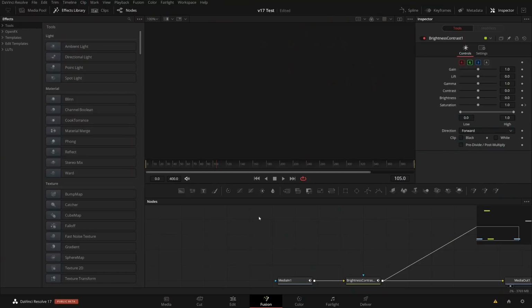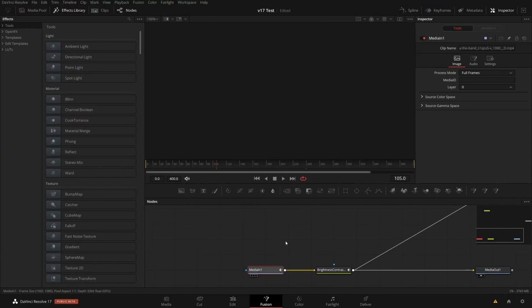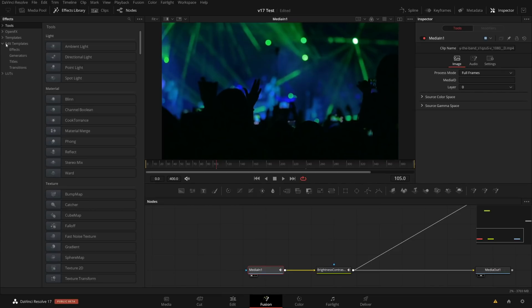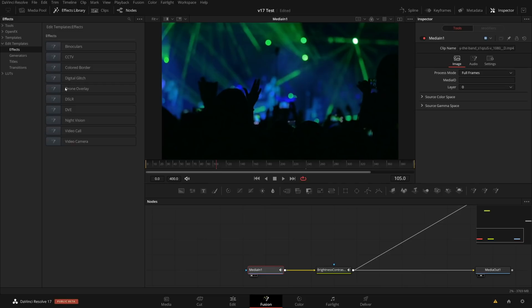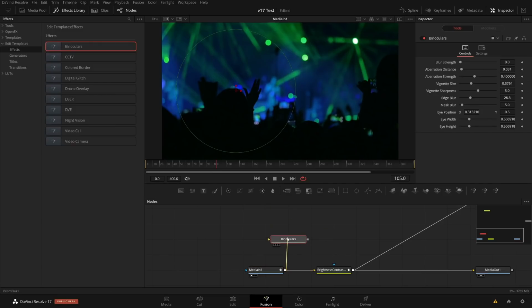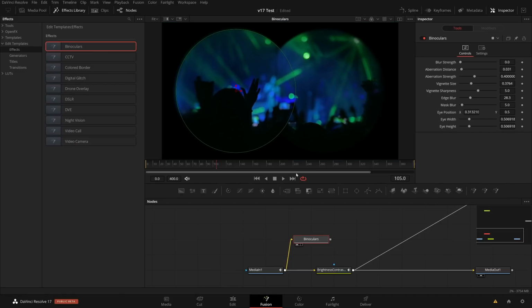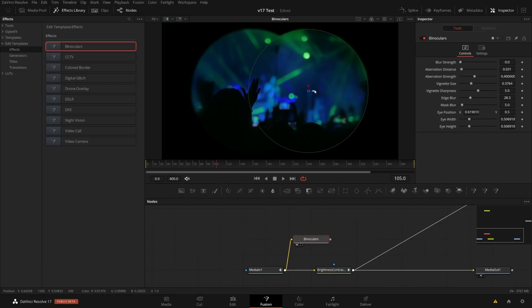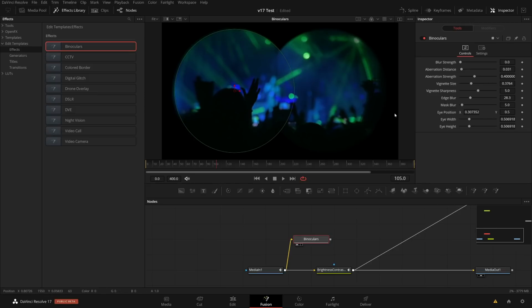So there, unfortunately, directly in the effect, at the moment it doesn't seem to work, but here on the regular clip level I can of course work, and I find all my edit templates here as well, so the transitions and so on, and in this case the effects. Let me bring in the binoculars just here, and here you can of course work, and you can change everything, have the on-screen viewers. In case of macros, nothing really has changed.